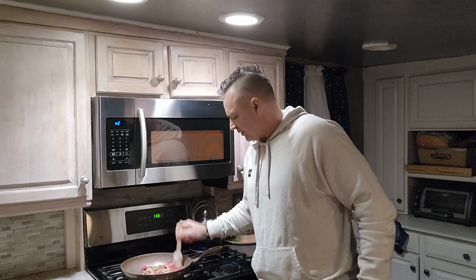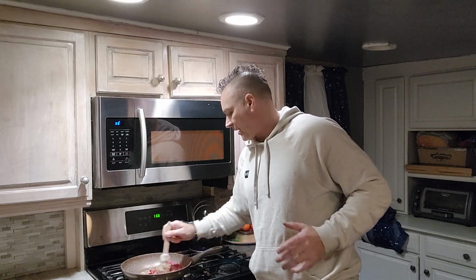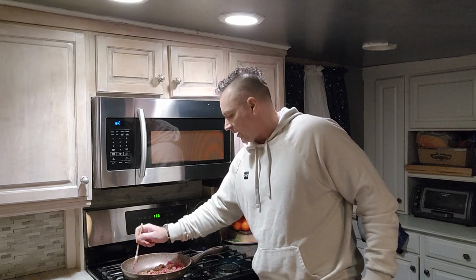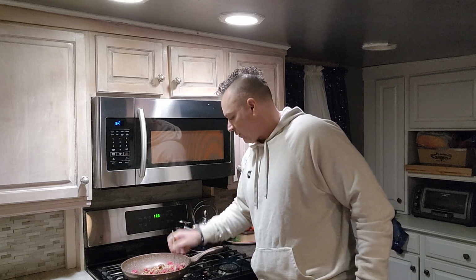Now it calls for using some water in this mix. Remember, if you just use regular spices, you don't need to worry about any of that. This mix I've never used before, so it's just something I'm throwing in there for some flavor. But it calls for water rather than adding water, there's already water in the green beans. I just won't fully